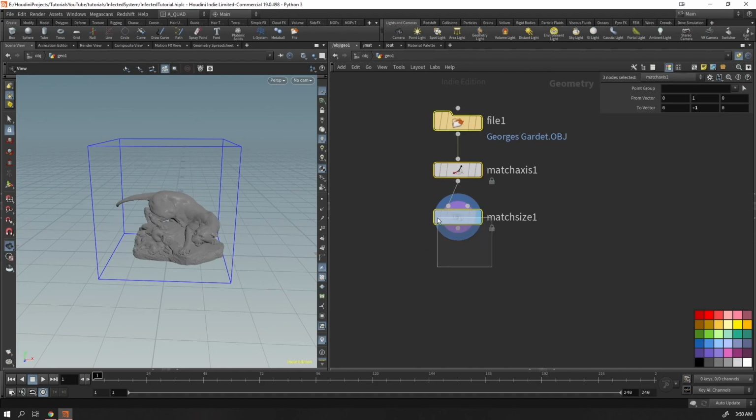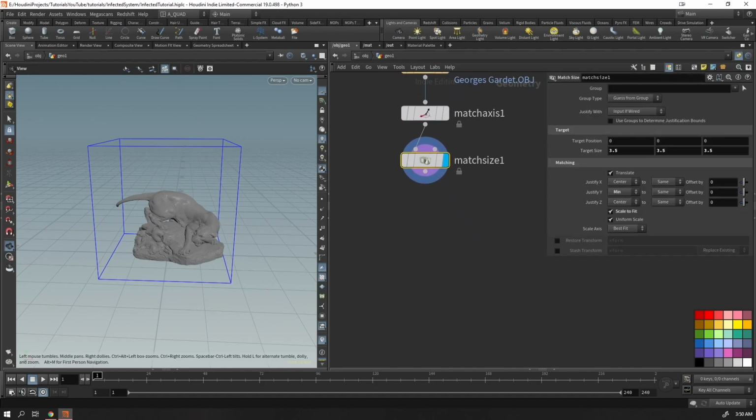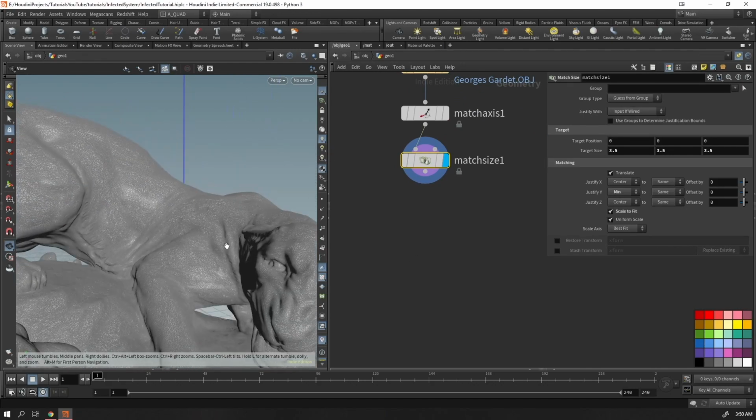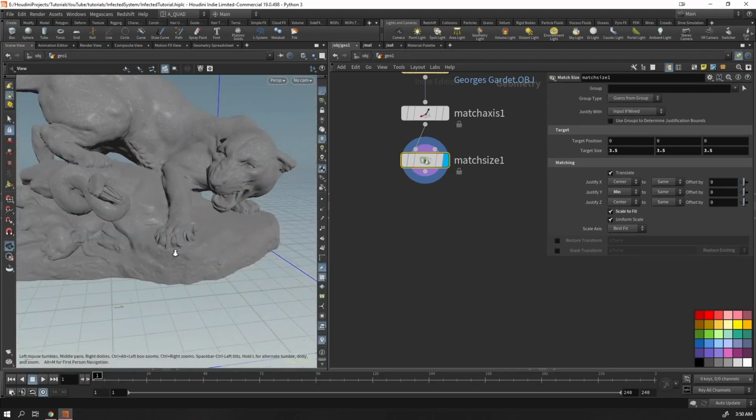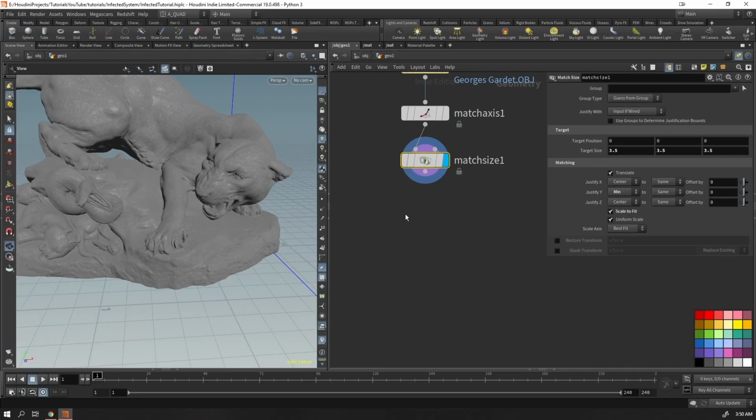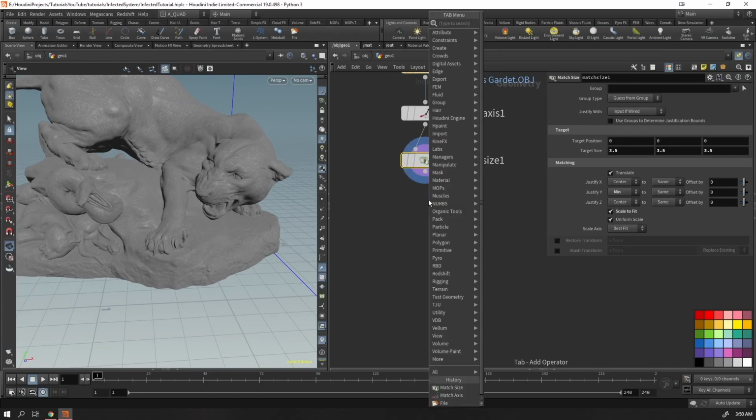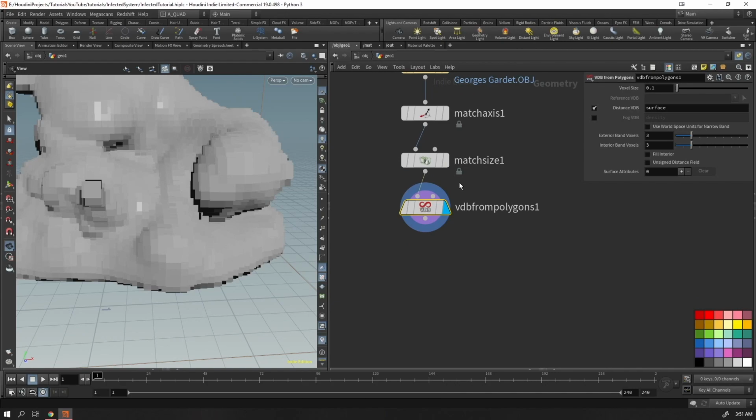You're free to just experiment with whatever number you like. Now, we have a lot of details in here, and we're going to use this geometry for the render, but I just prefer using a little bit less dense geometry for our simulation. So, VDB from Polygons, that's the old friend,